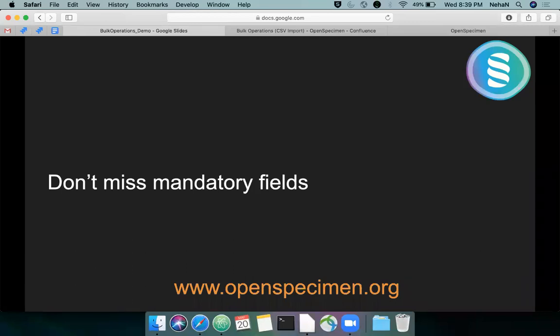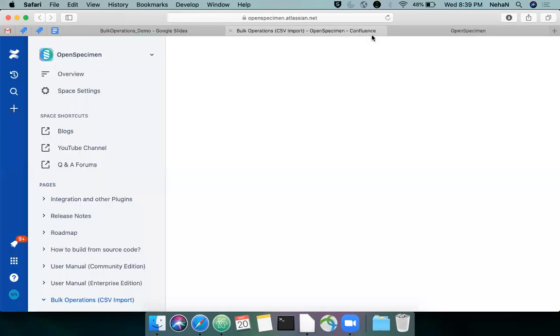Don't miss any mandatory fields. There are some fields in the OpenSpecimen template which are mandatory. For example, when you import participant data, the registration date, the collection protocol title, and the participant ID are mandatory fields. All this information you can find over here.